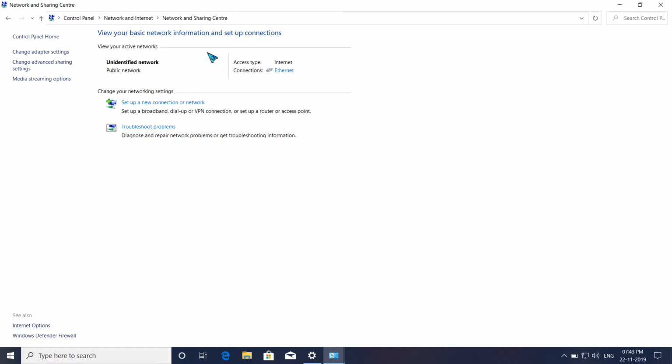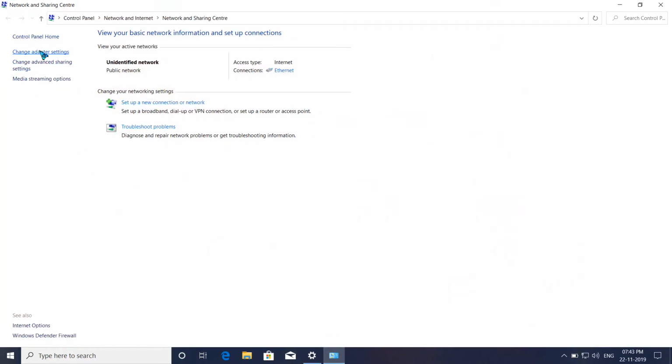If the LAN cable is successfully connected to the LAN port of your computer or laptop, it is 100% detected as Ethernet, because this is called an Ethernet cable. It is detected here whether your internet is working or not. Make sure this Ethernet is detected here.